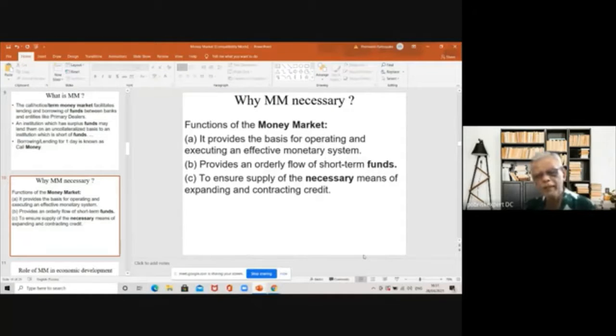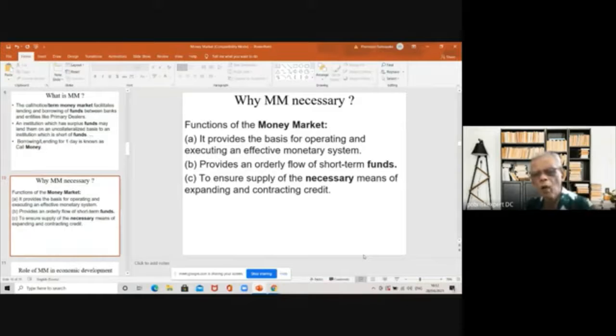So whatever is happening in the money market, the shortest end of the curve, has an impact on the rest of the curve. So it provides the basis for operating and executing an effective monetary system. So you see how important this is, where you all as money brokers support the call money and then money market instruments. It should be with the best practices of the market, and no one party should be affected or unduly profited at the expense of the other party,